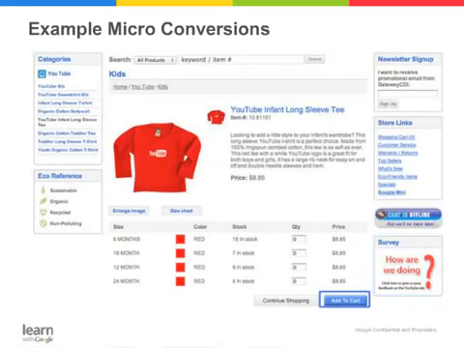And actually, at the bottom of the page, add to cart. I would see that as a micro-conversion as well, right? Because they didn't buy a product, but they did something very specific. They took an action that was necessary for them to end up making a purchase, right? Adding to the cart. So these types of micro-conversions help us really understand the entire